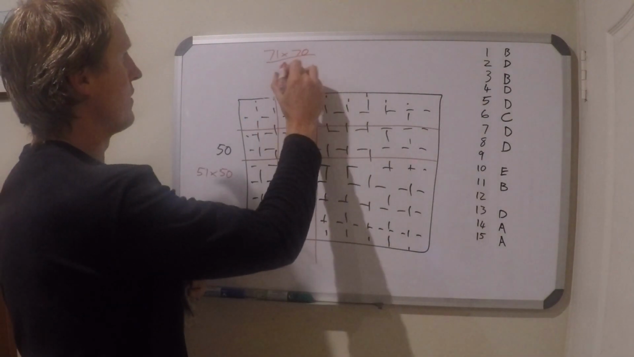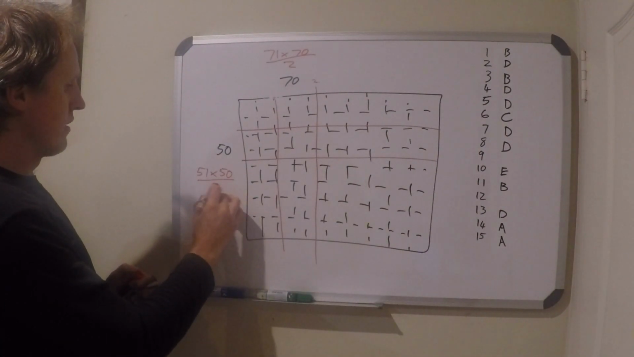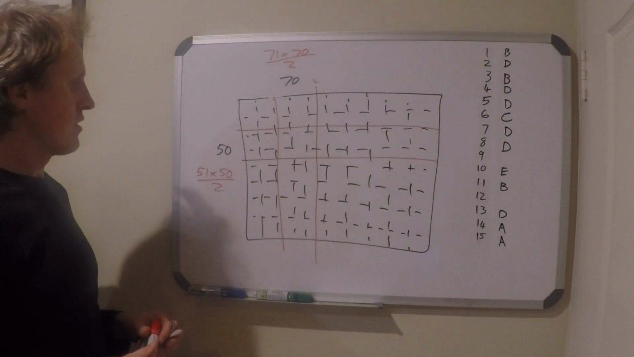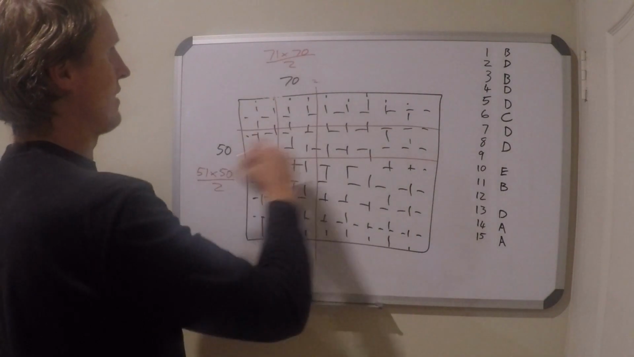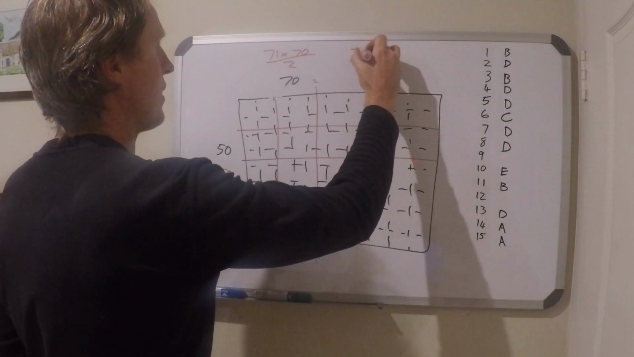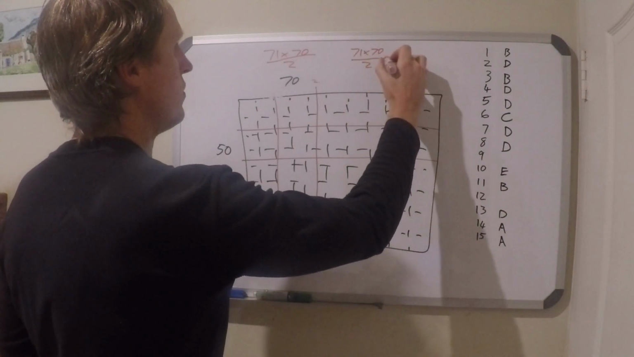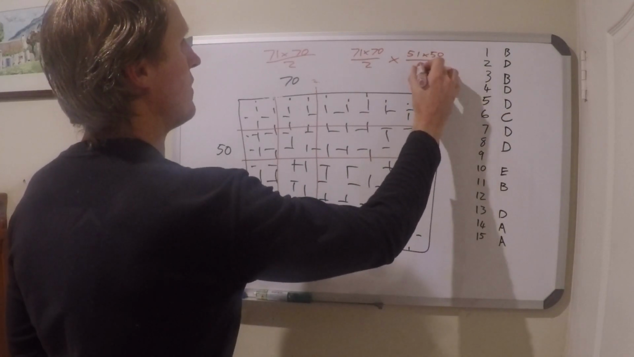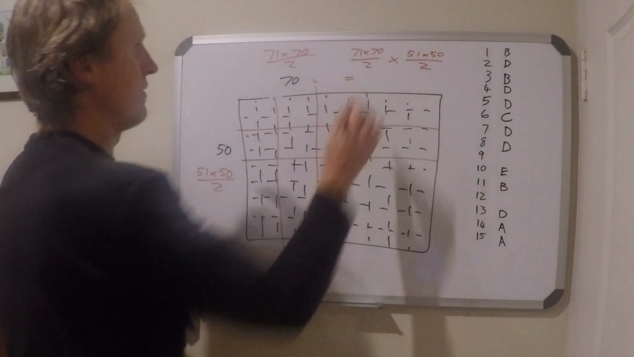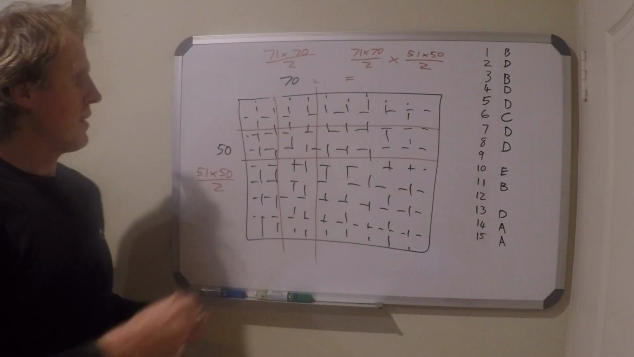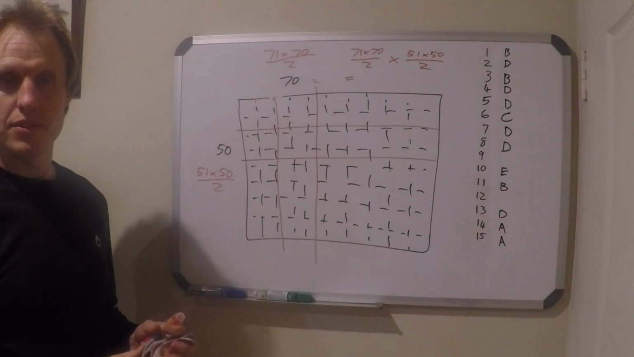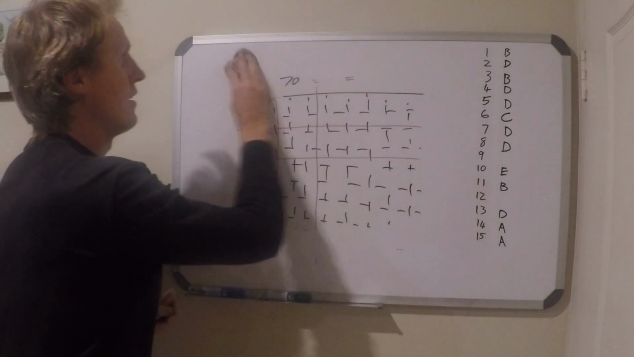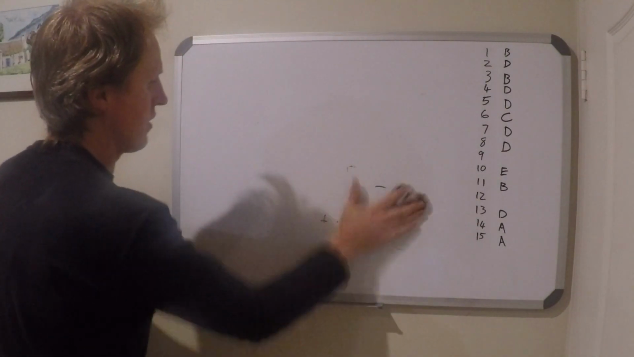70 times 71 over 2, 50 times 51 over 2, following the same logic. I'm not going to do this, this was obviously just an example, but if we actually multiply it out, we've got 71 times 70 over 2 times 51 times 50 over 2. If you actually do that multiplication, that would be the number of rectangles that you would be able to get in a huge grid like this. If we apply this logic back to our original example,